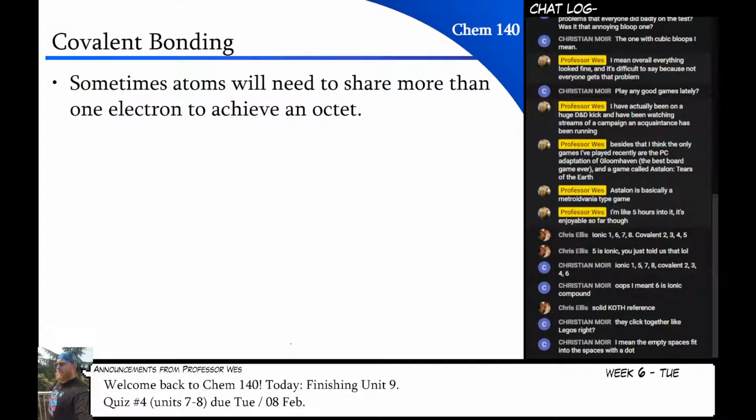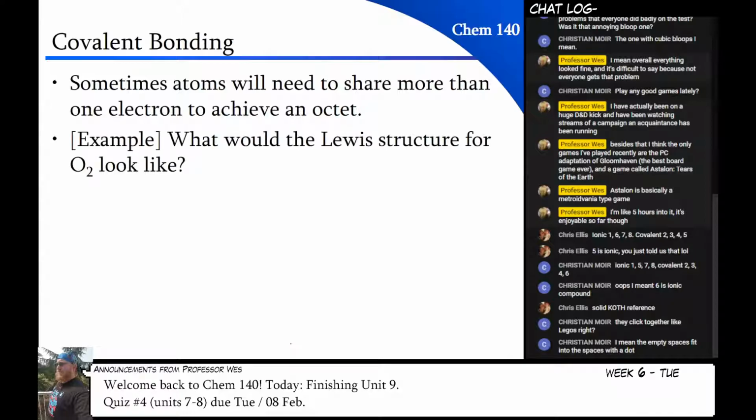Now, the next thing that we're going to try and do is share multiple electrons between 2 atoms to get more than 1 bond to satisfy the octet rule. And so that's going to look like this. For oxygen, if I draw oxygen on the board for its Lewis structure, I could say, okay, well, this electron could go in this spot right there, and this electron could go in this spot right there. And then I could draw this around it,